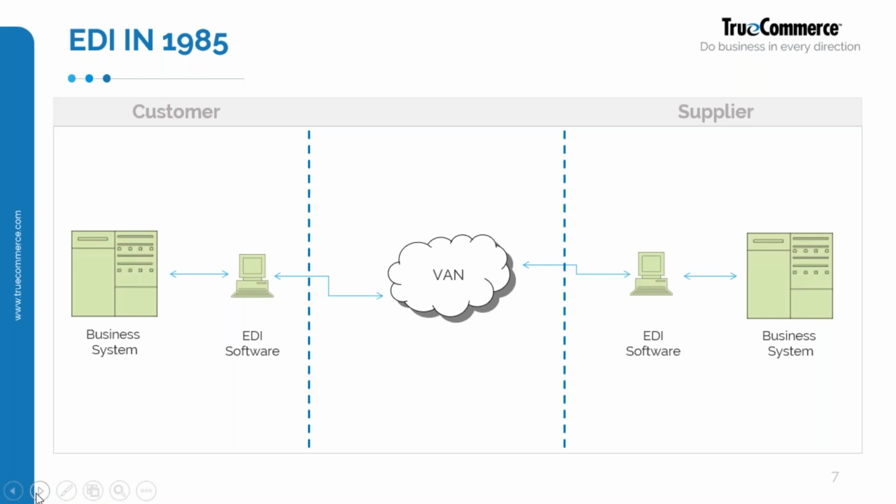So EDI in 1985. Where it began, I guess, is closely aligned to where it is now. There's a reason it's still there: it does add value, and how it does that is using the same underpinning principles along the way. Business systems of the customer need to match up to their supplier's business systems. To do that, we need a common format, which is the EDI format that we typically put it in, or the container that we put it in.